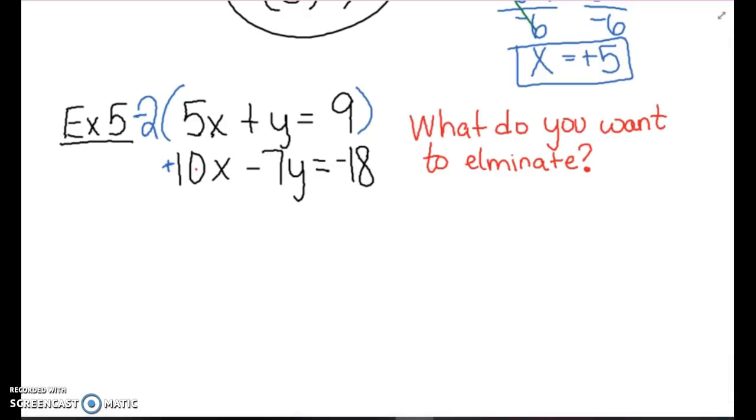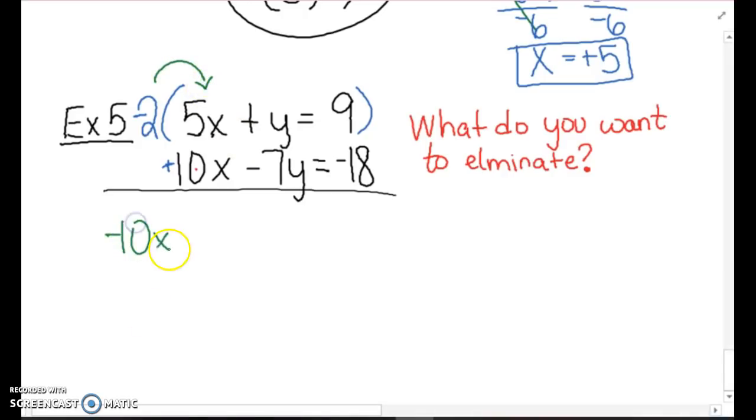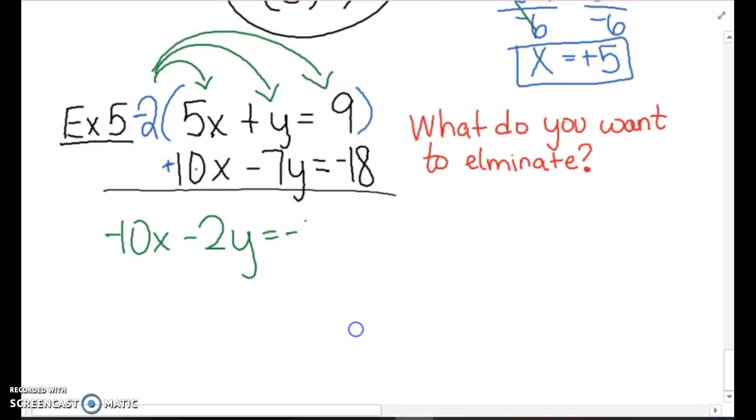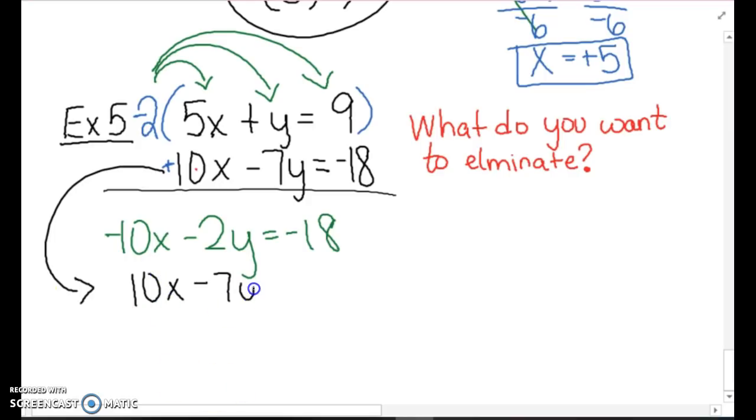And when I do that, I am going to multiply that negative 2 into the 5x. That's going to become negative 10x. That's going to become negative 2y. And that's going to become negative 18. And this second equation, I don't change it, so I'm just going to bring it down. So now I have these two new equations, and the negative 10x and the positive 10x are going to cancel